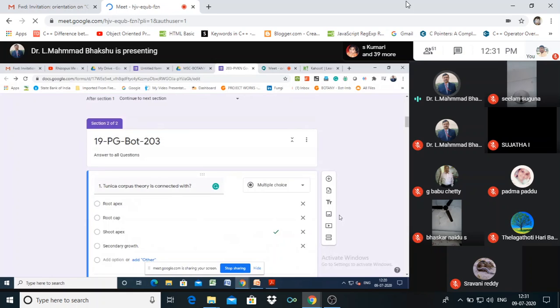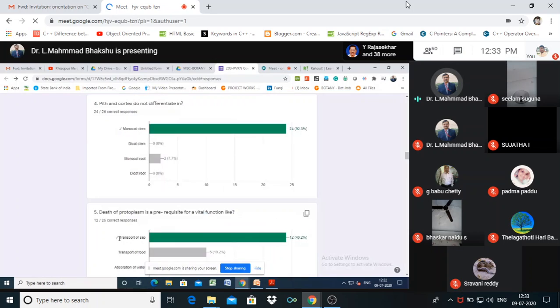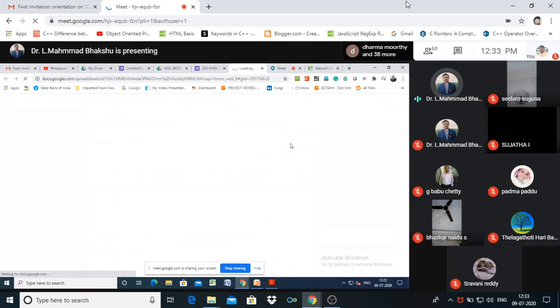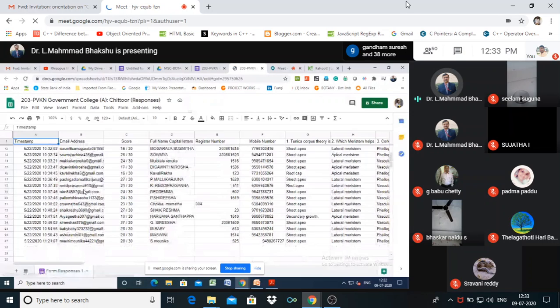We have not released the results yet, so we can form Excel sheet data, then share these results with the other students. This is the result form. If you see this green colored plus mark here, that is called the response sheet. The answers will appear in the Excel sheet like this. A spreadsheet will appear, and in this spreadsheet we can get the time they submitted; the time will be recorded here.